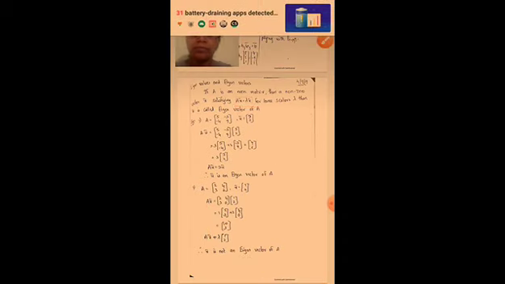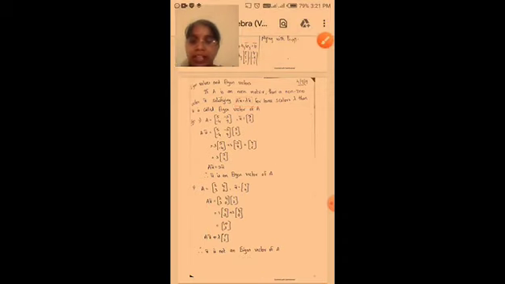Okay, so next A is equal to 2, 4, 3, 0 and x bar is equal to 1, 2. So here A x bar is equal to 2, 4, 3, 0 times 1, 2. So we have to multiply this: 1 into 2, 3 plus 2 into 4, 0. So here 2 plus 8 is 10 and next 3 plus 0 is 3.